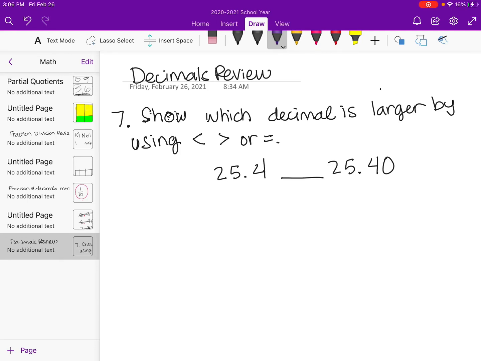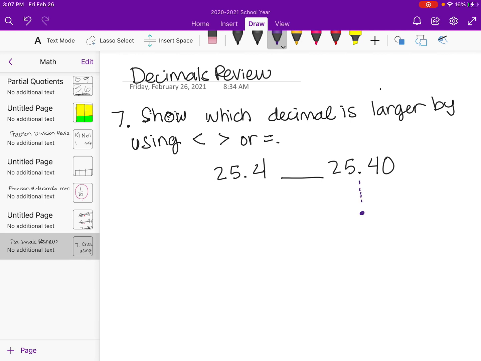Okay, problem number 7 on the decimals review says, show which decimal is larger by using less than, greater than, or equal to. And we have 24 and 4/10, as well as 25 and 4/10, as well as 25 and 40 hundredths. So I like to compare my decimals by writing them one on top of the other and lining